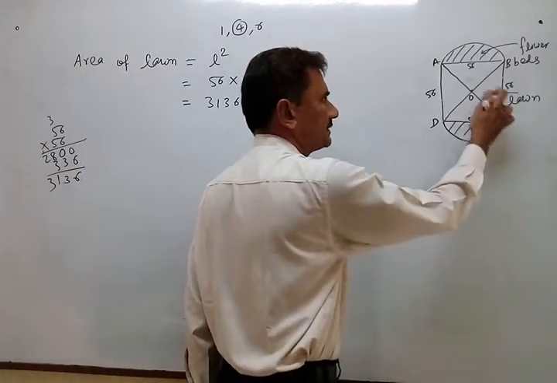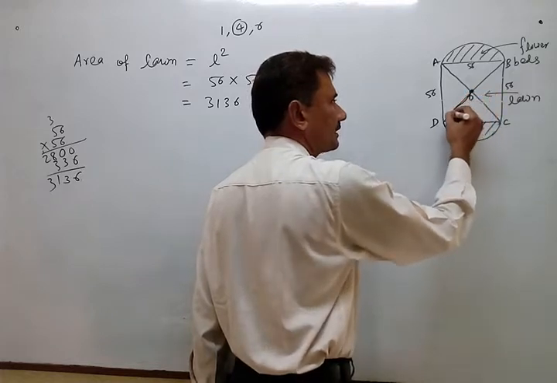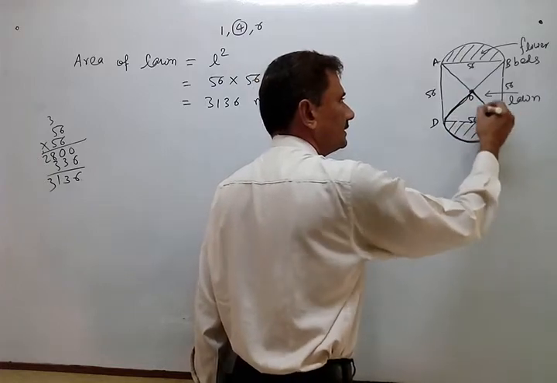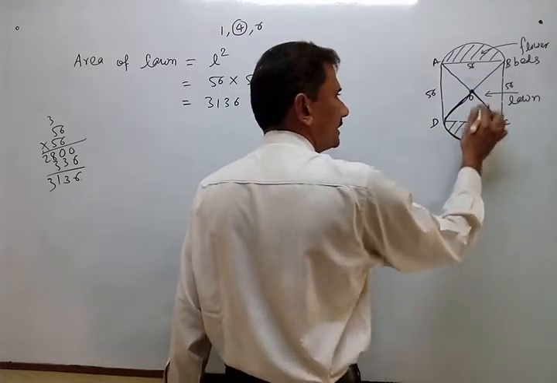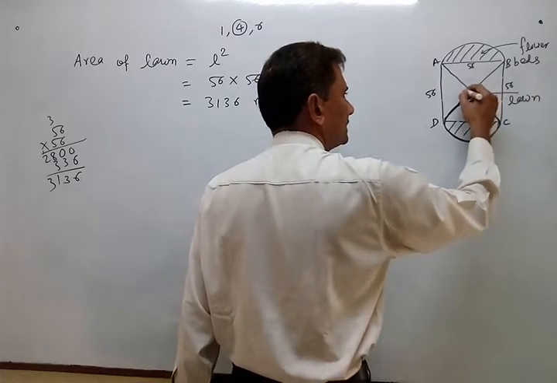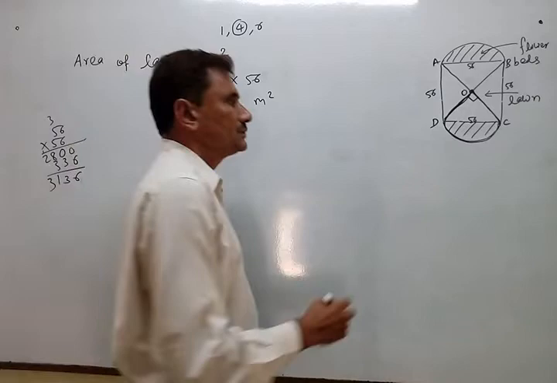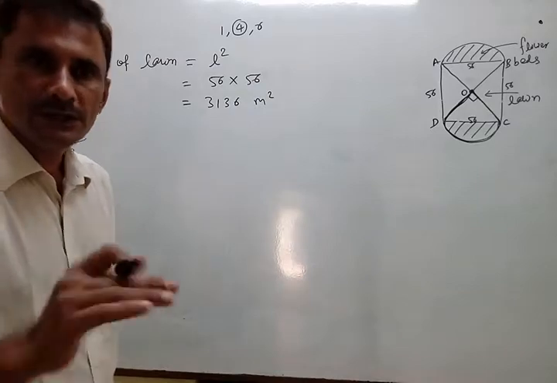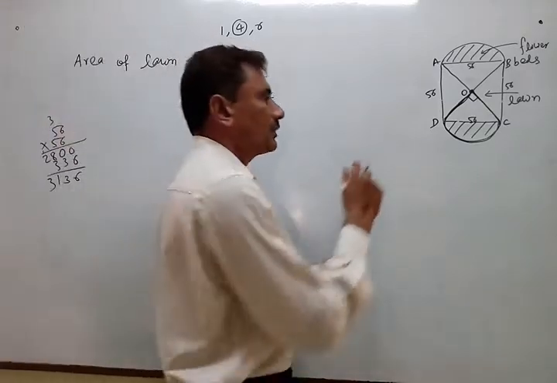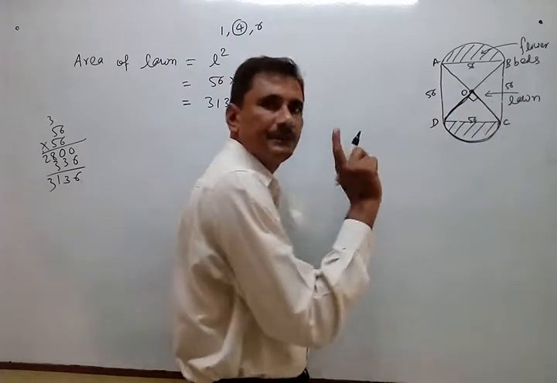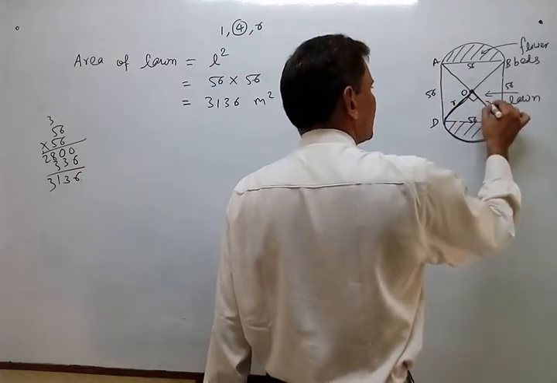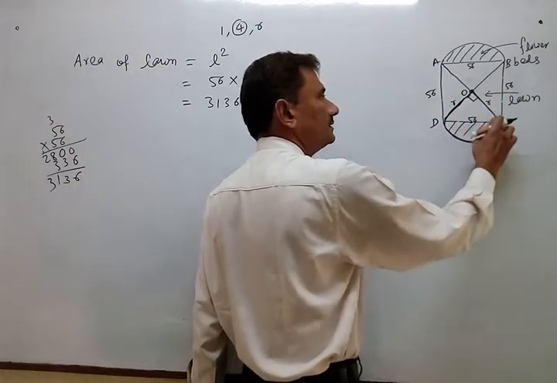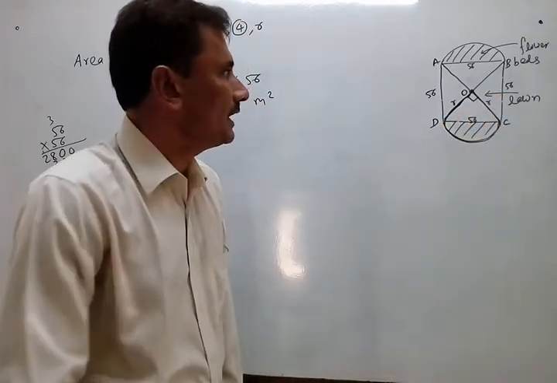Now we want to find any one part here. There is nothing but a segment. You can see here, I just darken that part. Look here, that is the center, that is the sector, and this is the segment, and here a right angle is there, meaning 90 degrees. So this is the minor segment. Now how to find the minor segment, you know, but one problem is here: theta is 90, radius is not given. Suppose I say it is r, but r is not given. So in this triangle we can apply the Pythagoras theorem so that we will have the radius.